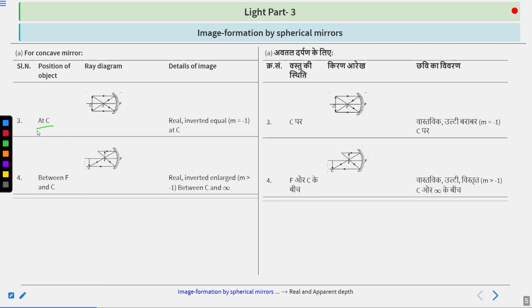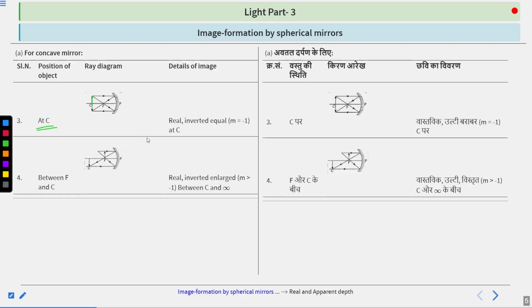The third case is when we place the object at C. Now we have determined the distance between the mirror and the object. So here you can see this is the object, on the upward side. The first ray is going like this, striking the mirror, reflecting like this. The second ray is going like this, striking the mirror, getting reflected. Here they are not intersecting each other, so no image will be formed. But this is the point where they are intersecting each other. So here the image will be formed.